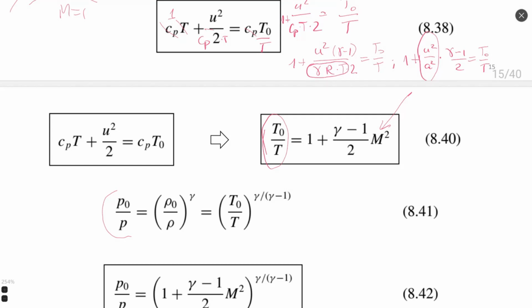When we have measured temperature at two different points, one at a stagnation point and another at any arbitrary point, we can immediately say what the Mach number is at the point where we measured our temperature. Or vice versa, if we know the Mach number at some specific point, we can already say which value of temperature ratio we would have in our system